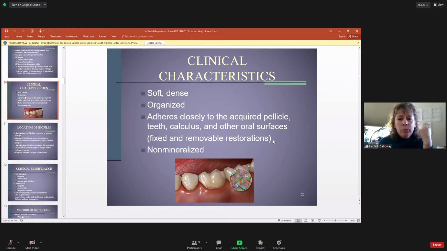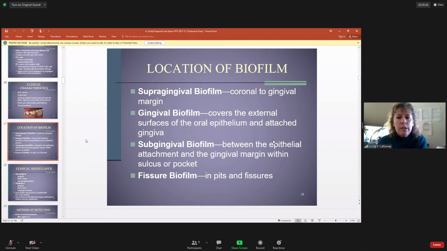And fixed and removable restorations can have biofilm. It is non-mineralized, because a mineralized biofilm is calculus. That's the hard deposit. Minerals have set in it to be hard. So plaque is non-mineralized. We already said there's supragingival, there's gingival, which covers the external surface of the oral epithelium